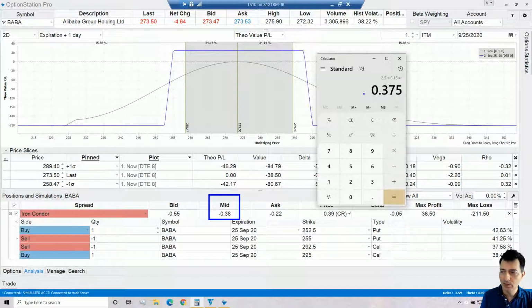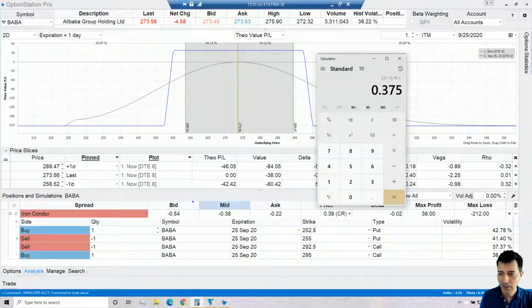Now, does it mean that you place an order and you're going to get filled? No. You may not get filled because the midpoint is difficult to obtain. But at the same time, if you use a little bit of patience, which is important when we trade, and certainly when we trade options, you place an order and you wait, and if the market does something a little bit spicy, half an hour later, 2 hours later, you'll get a peak of volatility, and that 38 may become 40, 42, something. Next thing you know, you got filled at 38, which is what you want.